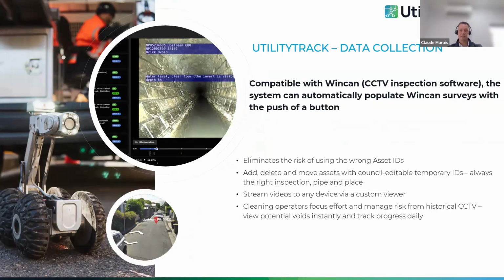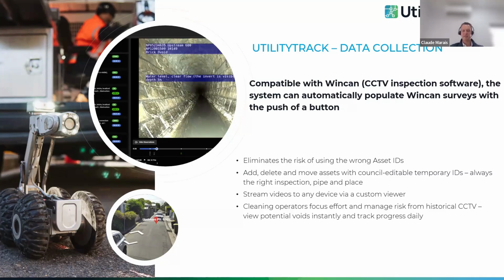Most contractors in the field, specifically looking at CCTV data, use WinCan to record the pipe inspection data, but all the data needs to be typed in manually and can cause some inaccuracies, specifically with the pipe asset IDs or pit asset IDs and so forth. It is critical for the CCTV inspection data to link back to the GIS system to ensure location information is accurate, and UtilityTrack has solved this challenge